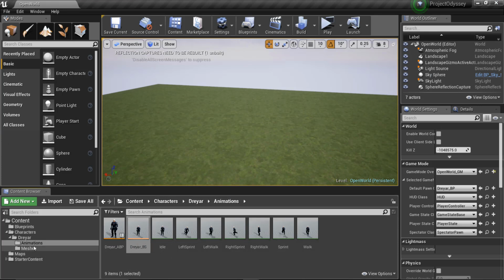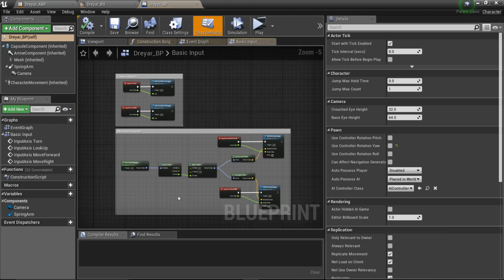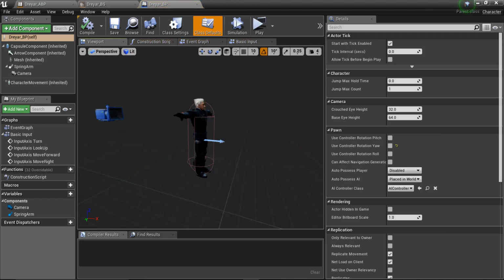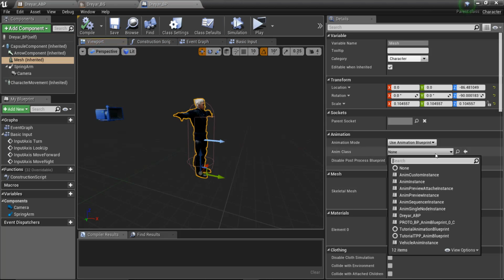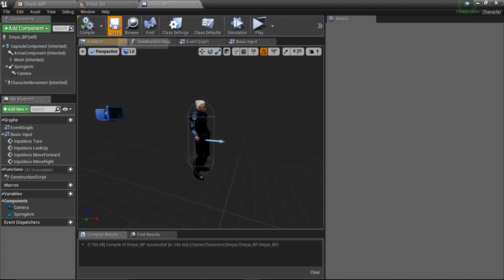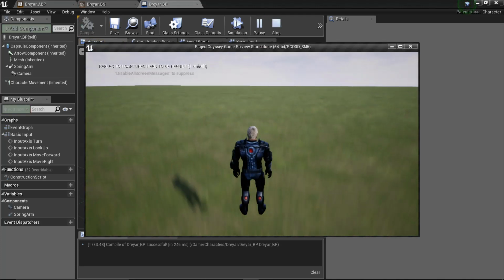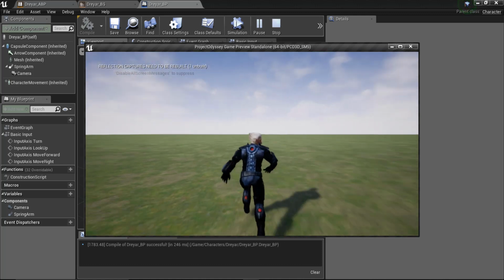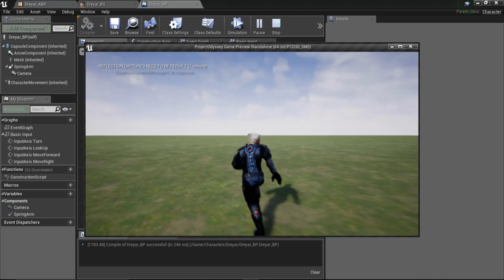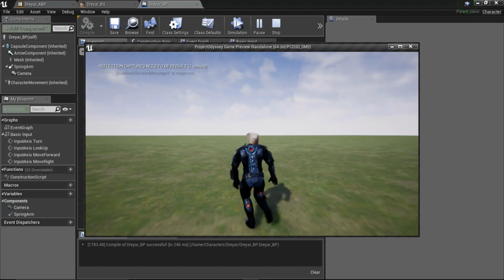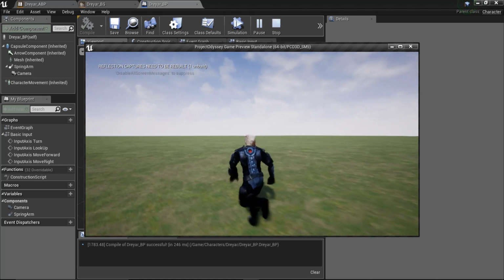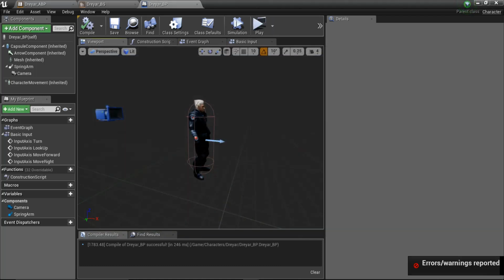So we'll just go to our drar character, and then in the viewport we're gonna use this animation blueprint, our drar animation blueprint. Compile and save, and so yay, it's working, right? Yeah, so now the final thing that we need to do, just ignore this warning, is that